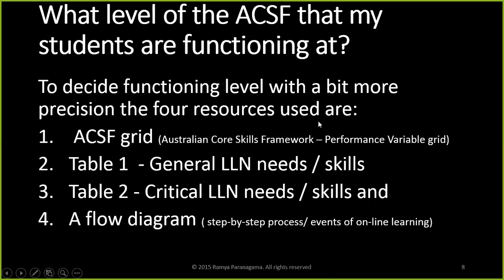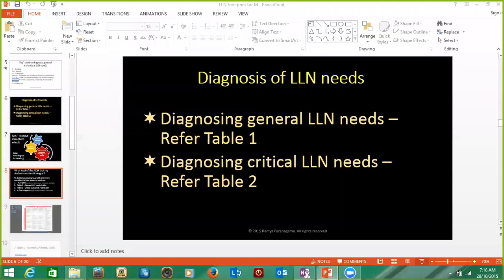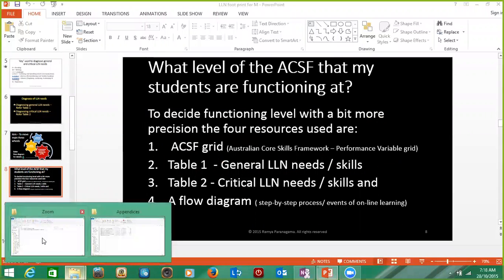To understand what level my students are functioning at, I have to use Australia's Core Skills Framework, that performance variable grid. I have already had my table 1 and table 2. That's not good enough. I need to have some kind of a process diagram, flow diagram, telling how these elements are connecting together, right? So start with that. I'm going to get into the ACSF grid, which is